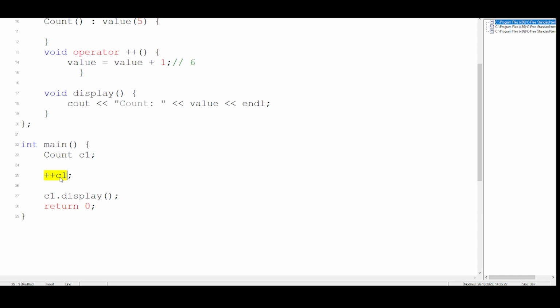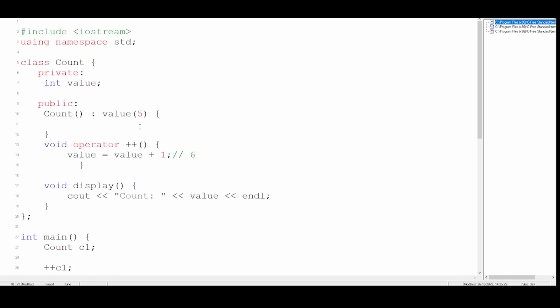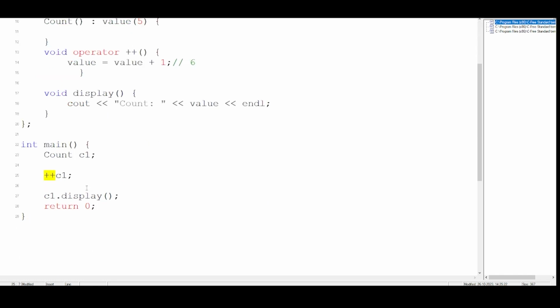So what it did is it directly implemented the value over here, which I have been using. Since I used this overloaded operator, it directly incremented the value variable of the C1 object by 1. Since I have passed 5 to it, it will become 6. And one thing you have to note is that this is also called compile time polymorphism, or it comes in the category of compile time polymorphism. So the simple basic concept is I have just overloaded the plus operator using just one object that I have created.